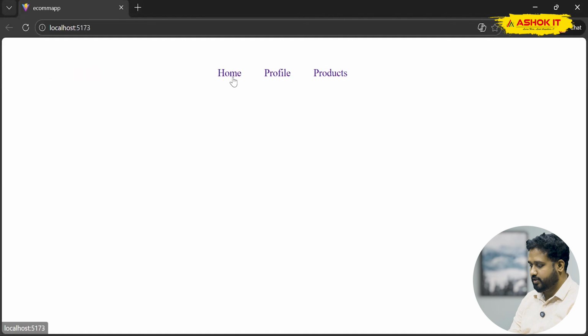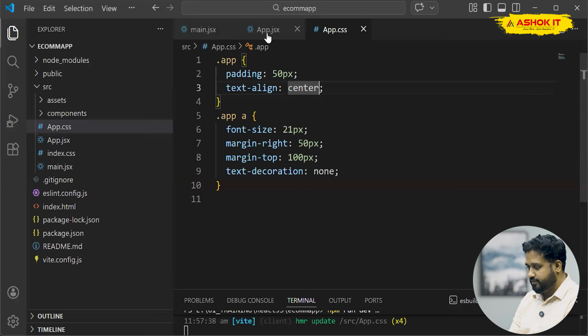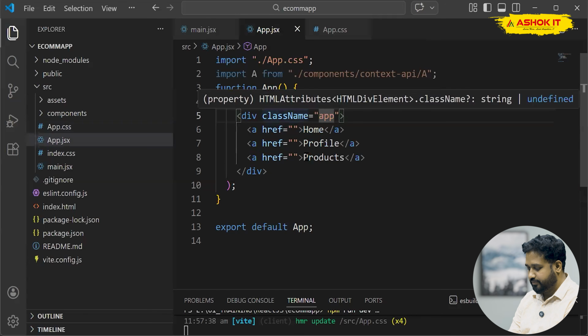If I click on home, after these links, one home component should render. If I click on profile, profile component should render. If I click on products, products component should render. So based on my click of these links, the component should render here. So for this, what we need to do, we have to configure the route paths. Configuring the route paths is nothing but, if you observe here